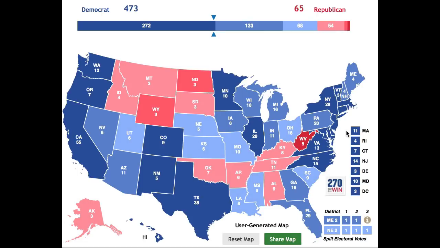in a landslide. First of all, the safe states would be enough to put the Democrats over the top, and the Democrats would win 473 electoral votes, flipping states like Mississippi, Louisiana, Nebraska, Kansas, South Carolina, and a couple others, and it's just not realistic. Clearly, these states are all going to go to Donald Trump in 2020. So the approval rating probably won't correlate, but as of right now, these states are not necessarily the most approving of the president. So that's why I'm not going to choose it,